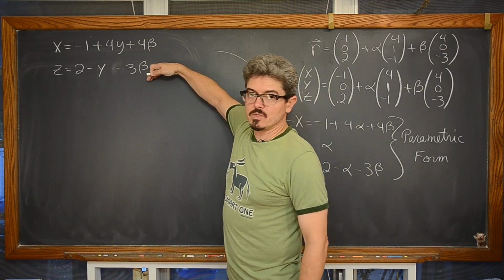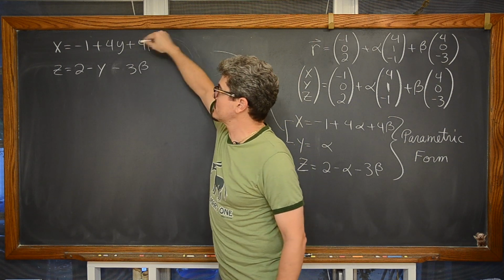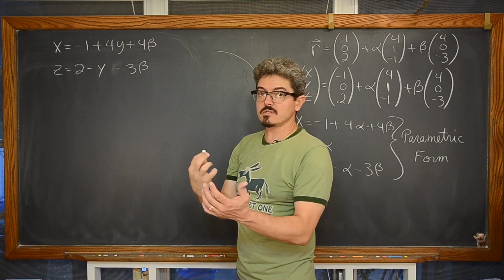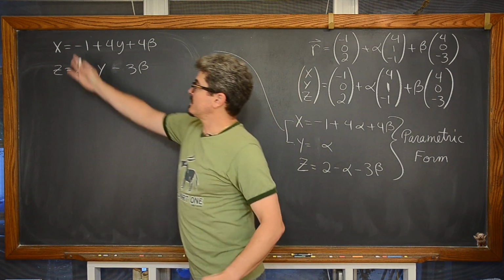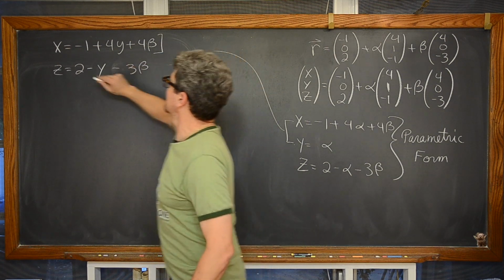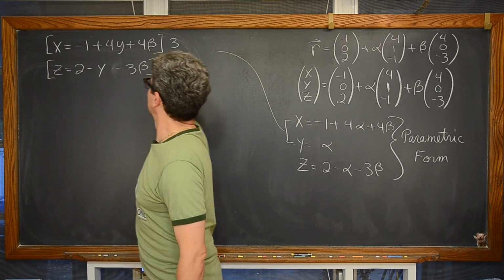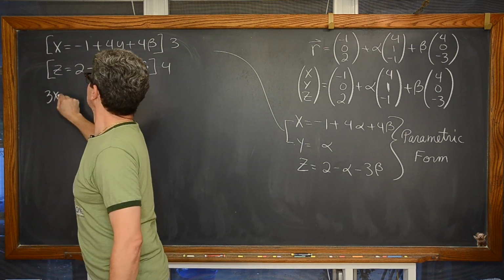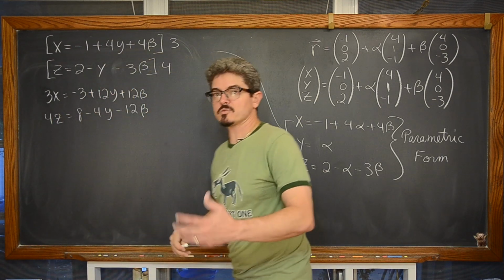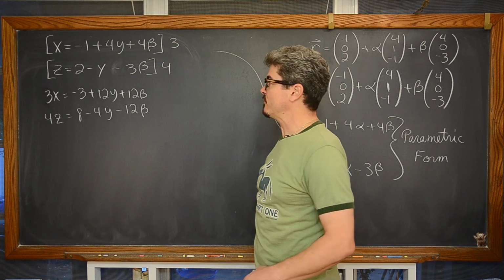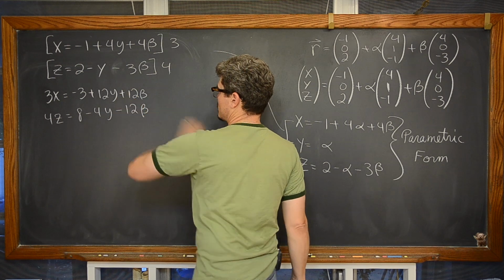I now want to add these two equations together after creating a set of opposite coefficients in front of beta, so that when I add these equations, the beta variable, or that parameter, if you will, falls out, and we have just an equation with x, y's, and z's. So we're going to multiply this equation by 3 all the way through, and this equation by 4. After we've multiplied the first equation by 3 and the second equation by 4, beta has opposite coefficients of positive 12 and negative 12.